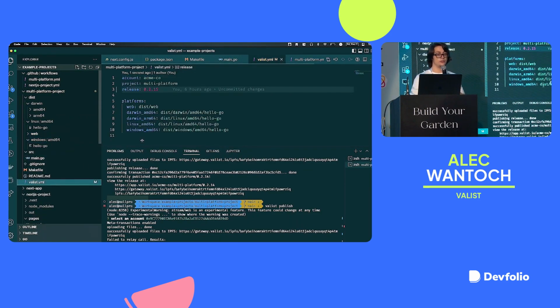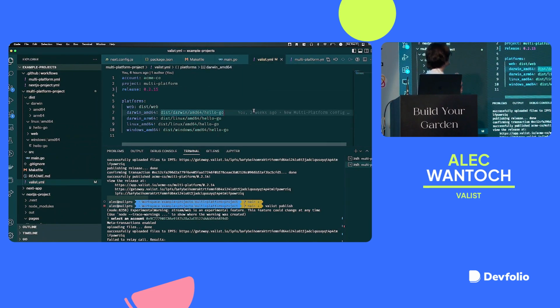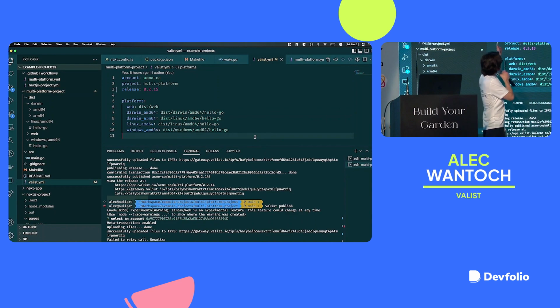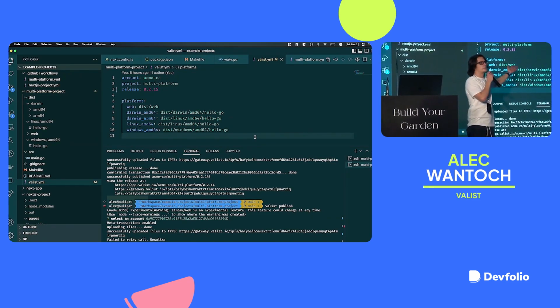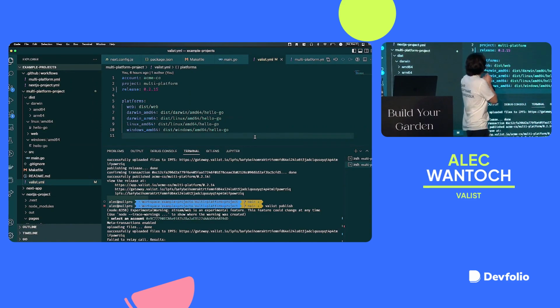And then all you need to do to configure that is basically set up your account. You point it at the account on Valist that you're trying to publish to. You set up the project, same thing, and then you can give it a release here. That can come from wherever you like as well, but you basically just give it a version and it'll publish from there.